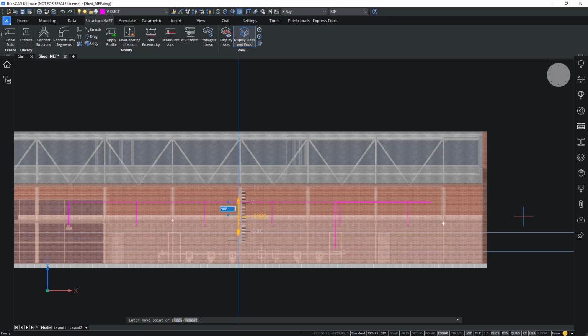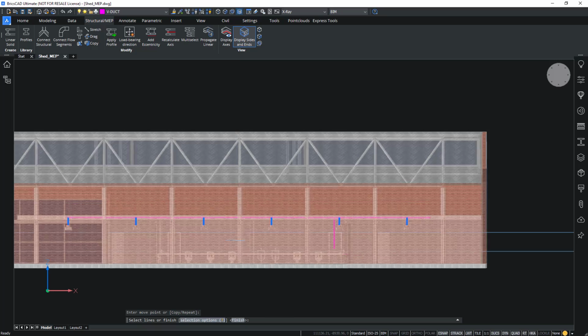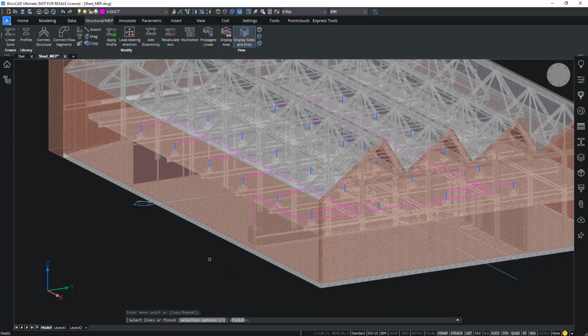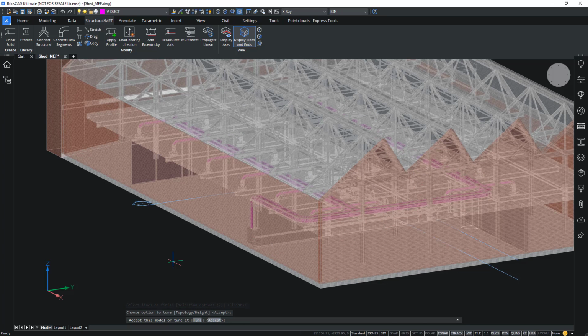So let's move it over a distance of 1050 mil, like this. And we can choose to finish. And that will actually create this ductwork for me automatically.